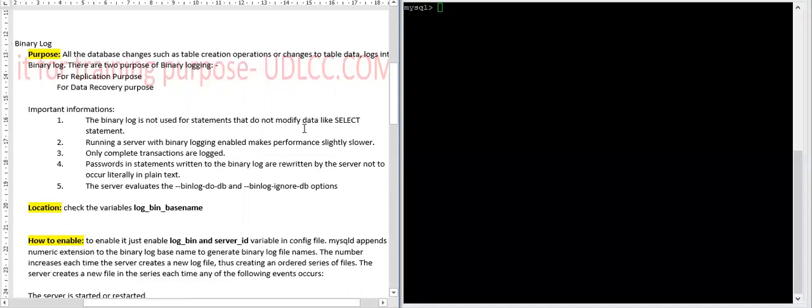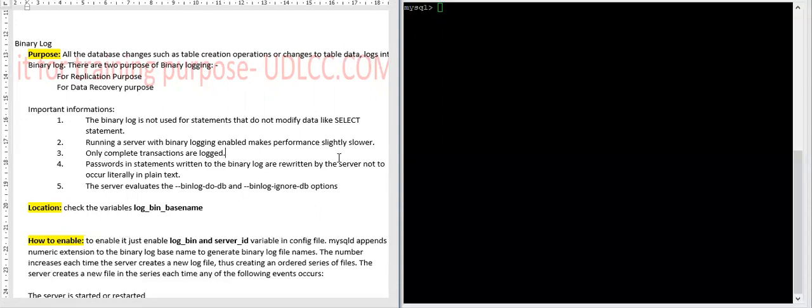It does not log the select statement. The second point is running a server with binary logging enabled makes performance slightly slower. Whenever you maintain your binary log, all the statements will go to a file, that is the binary log file. So obviously the performance will be slightly slower.